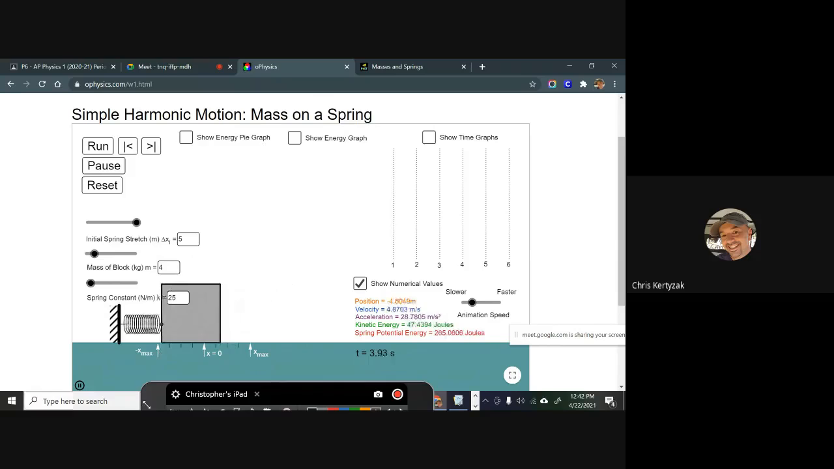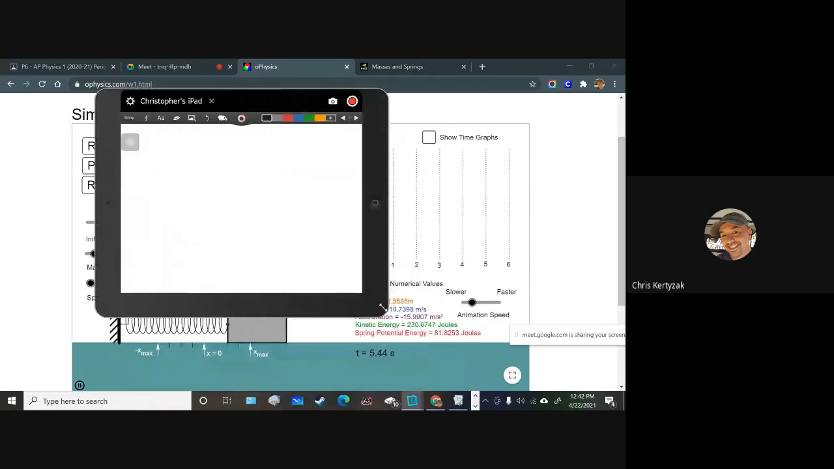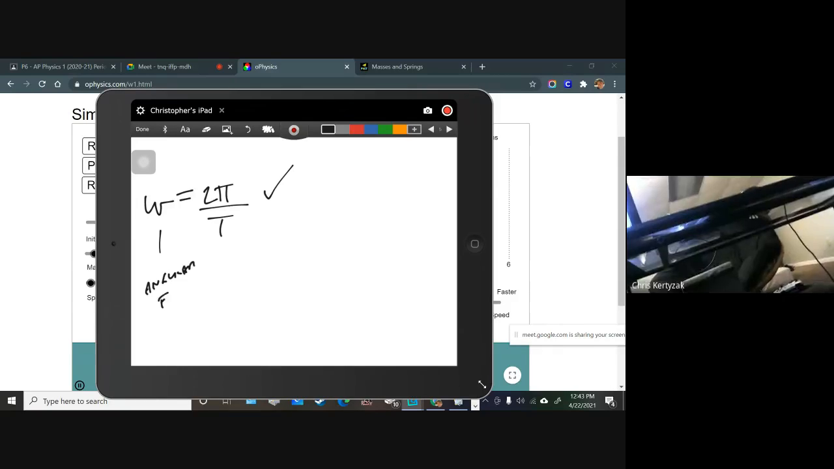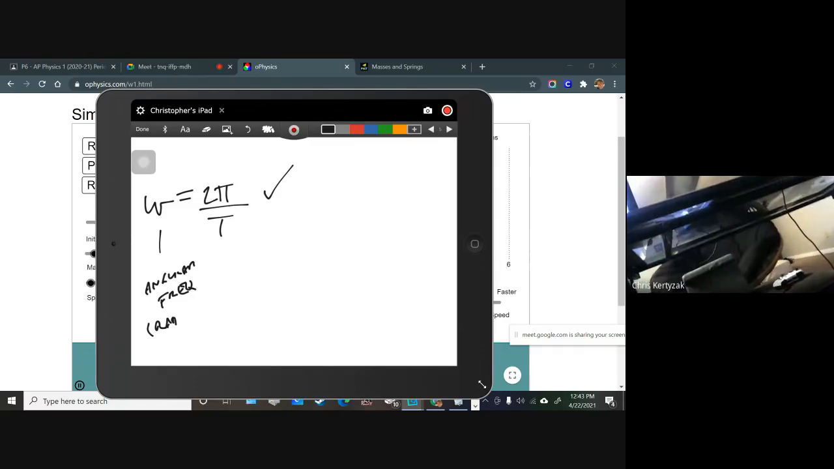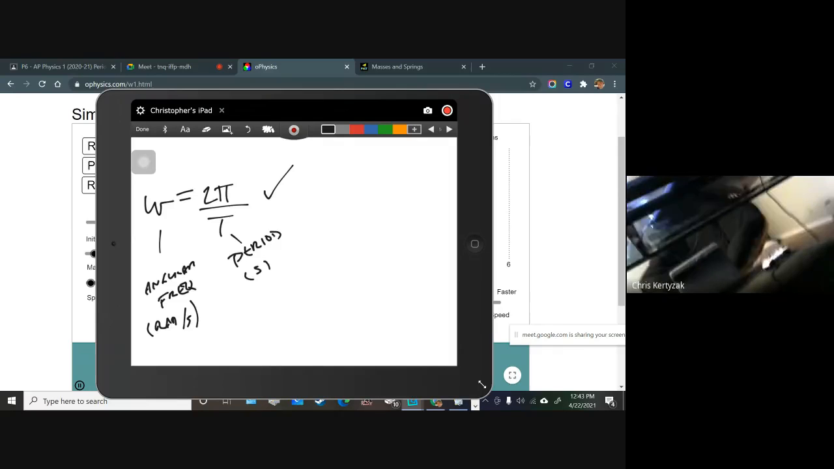So how do we model this with equations? The first formula: omega is 2 pi over T. Omega is the angular frequency again. How frequently it goes through its cycles is how I think about it, in radians per second. And T is the period in seconds, the time to go through a cycle. However,